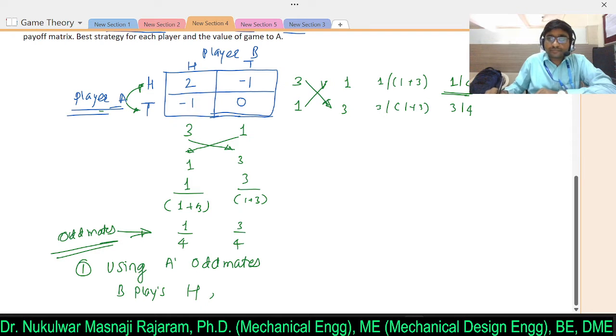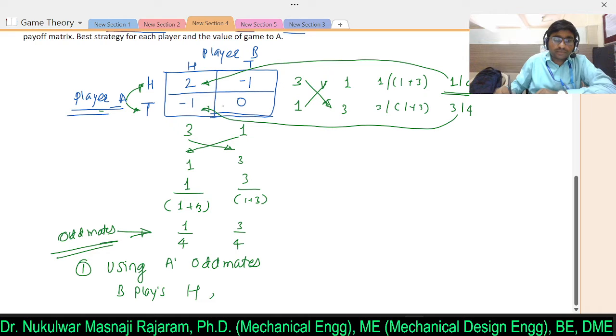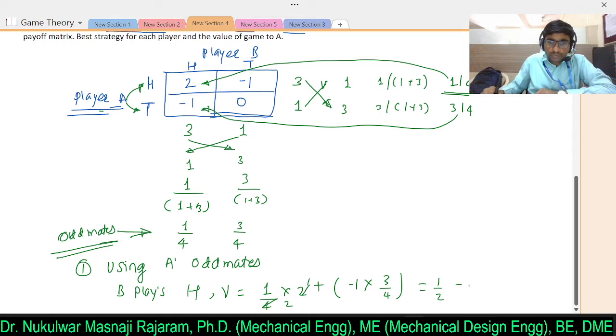In that case, multiply this A oddment with 2, and multiply A oddment with this -1. So the value of the game will be 1 by 4 into 2 plus -1 into 3 by 4. Clear? If you calculate, it will be 1 by 2, then 1 by 2 minus 3 by 4, then I will take common 4,